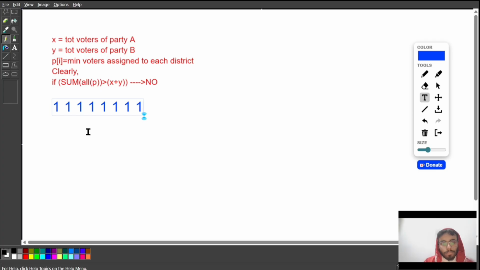So if the string is 1, basically it means that only party B wins, isn't it? Yeah, only party B wins, isn't it, guys? If only party B wins,